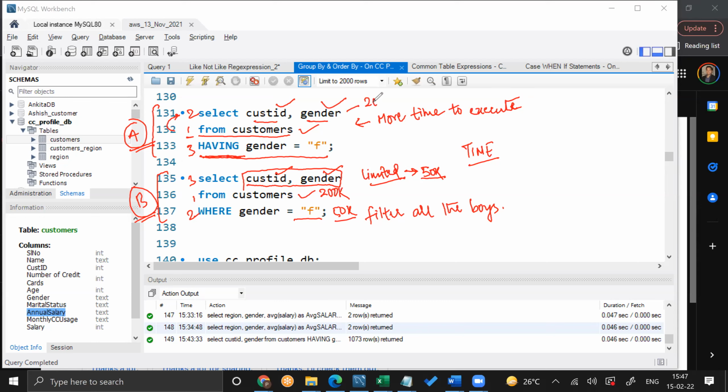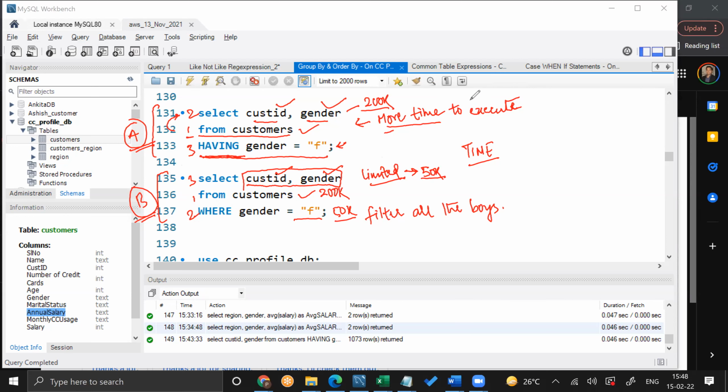So it first will take all 200K, and then it will set filter to female. Absolutely. So this ends up taking more time. So that is the reason why, even though HAVING can do what WHERE does, people don't tend to use HAVING where they can use WHERE.